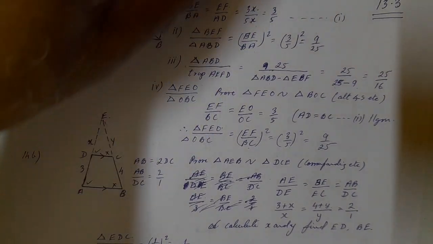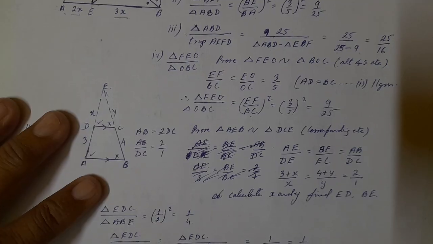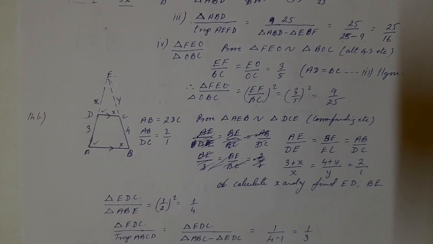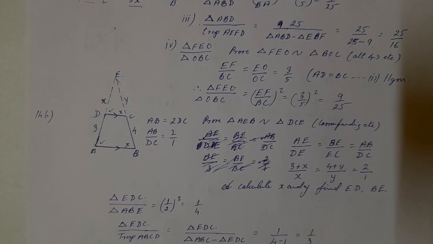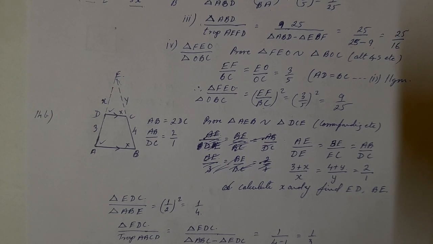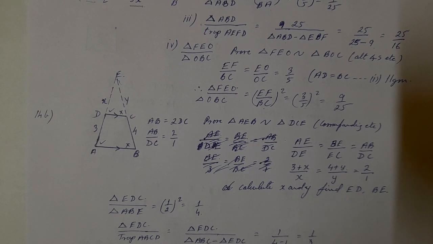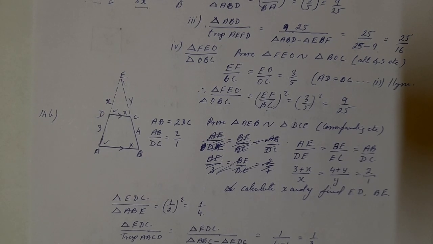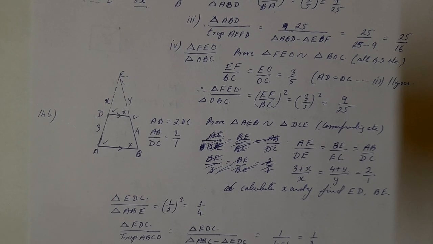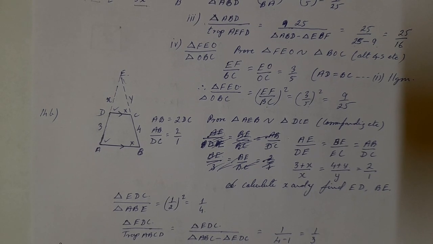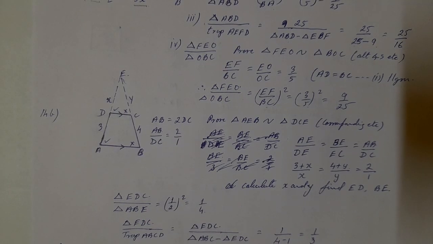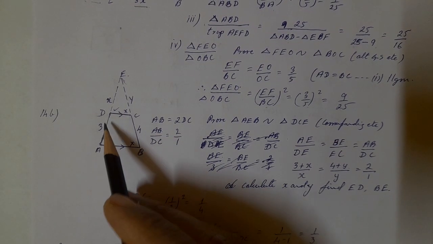Right. Now we come to sum number 14B. This I made a bit of a mess over here, but no big deal. You have to prove what is given over there. AB is equal to 2DC, so AB by DC is 2 by 1. Prove triangle